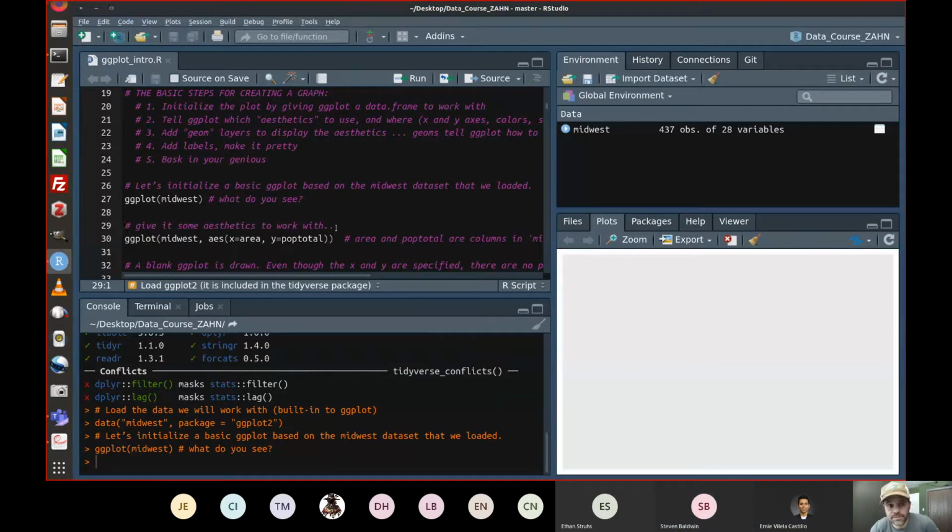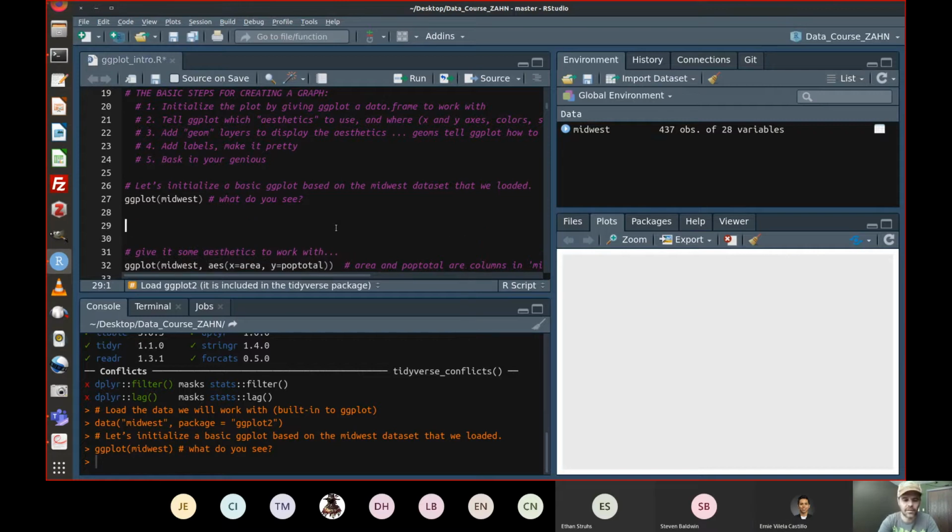We didn't tell it anything about the x-axis, y-axis, colors, transparency, shape, or fill values, nothing. We just said, here's your data frame. So here's how you tell it about aesthetics. We're going to take this previous command and say, ggplot(Midwest), comma, here's the aesthetics I want you to care about. Here's a list